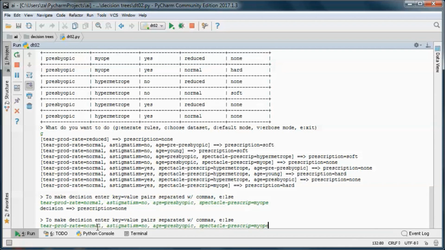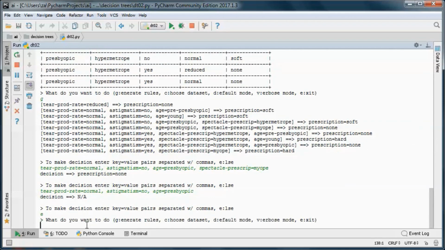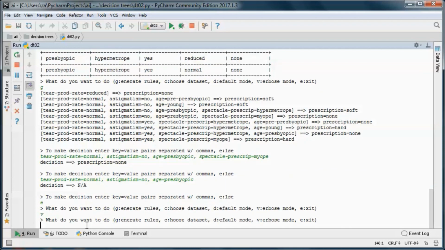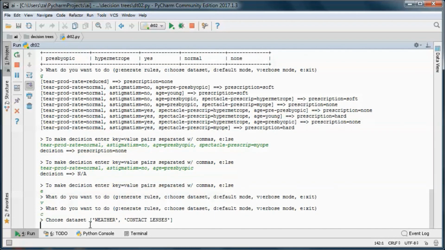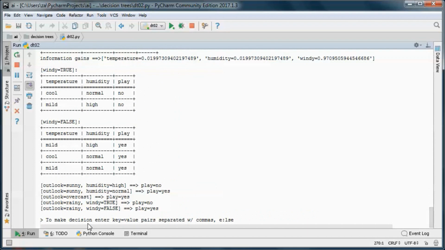How about if we try the same one but without the last attribute, and we cannot make a decision in that case. And let's do one last thing, just test run the verbose mode, and maybe go with the weather dataset again, and generate the rules here.